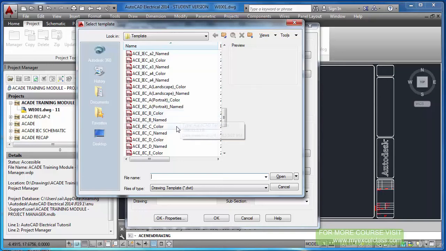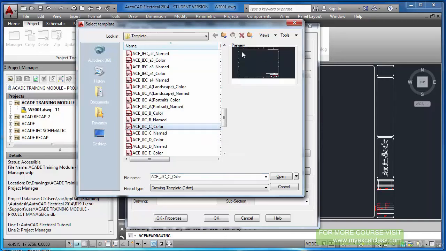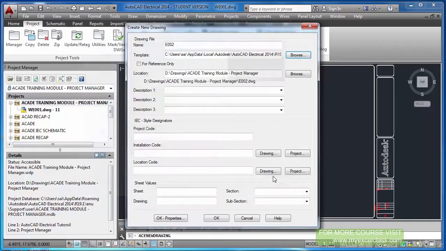But right now I am selecting a JSE sheet like this. Okay, open. Again, it is asking for drawing descriptions and all. So what should be the description for this particular sheet? I am going to draw the power electrical circuit in this drawing.